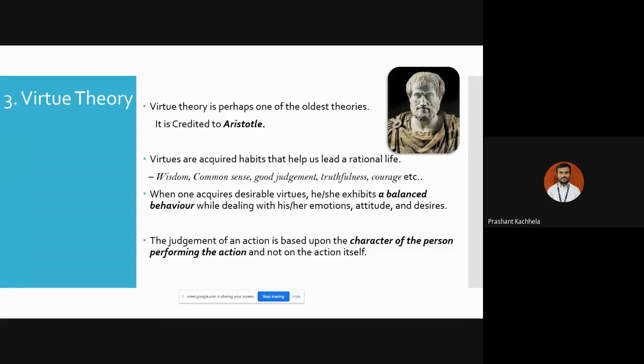But here, virtue theory focuses on the character. That means it is asking, does Batman want to be the person who takes his enemy's life? If he takes the life of the Joker right now, his image will be that he is going to kill everyone. Does he want to be the person who takes the lives of all his enemies? Actually, he was not accepting that idea, and that's why he doesn't kill the Joker, even though he was a very big enemy. So this is the main focus of virtue theory here.